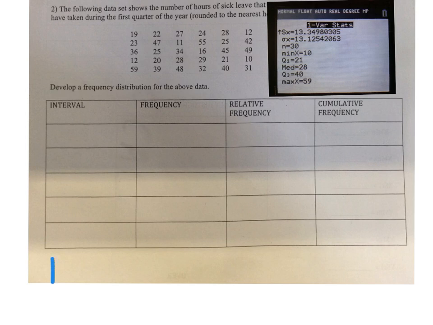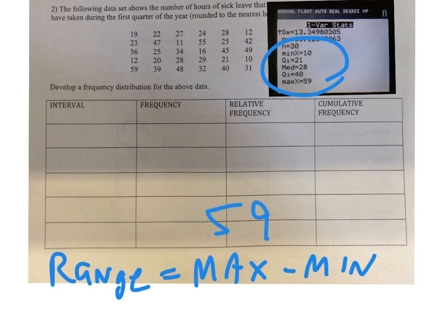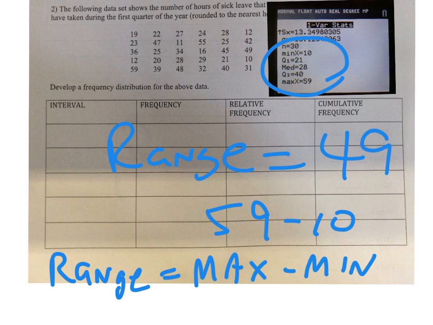calculating the range of the data. Remember, the range of the data is always the maximum value minus the minimum value. So here the 5-number summary tells you the maximum is 59, the minimum is 10, so here we have a range of 49. Now what we're going to do is first calculate what they call the interval